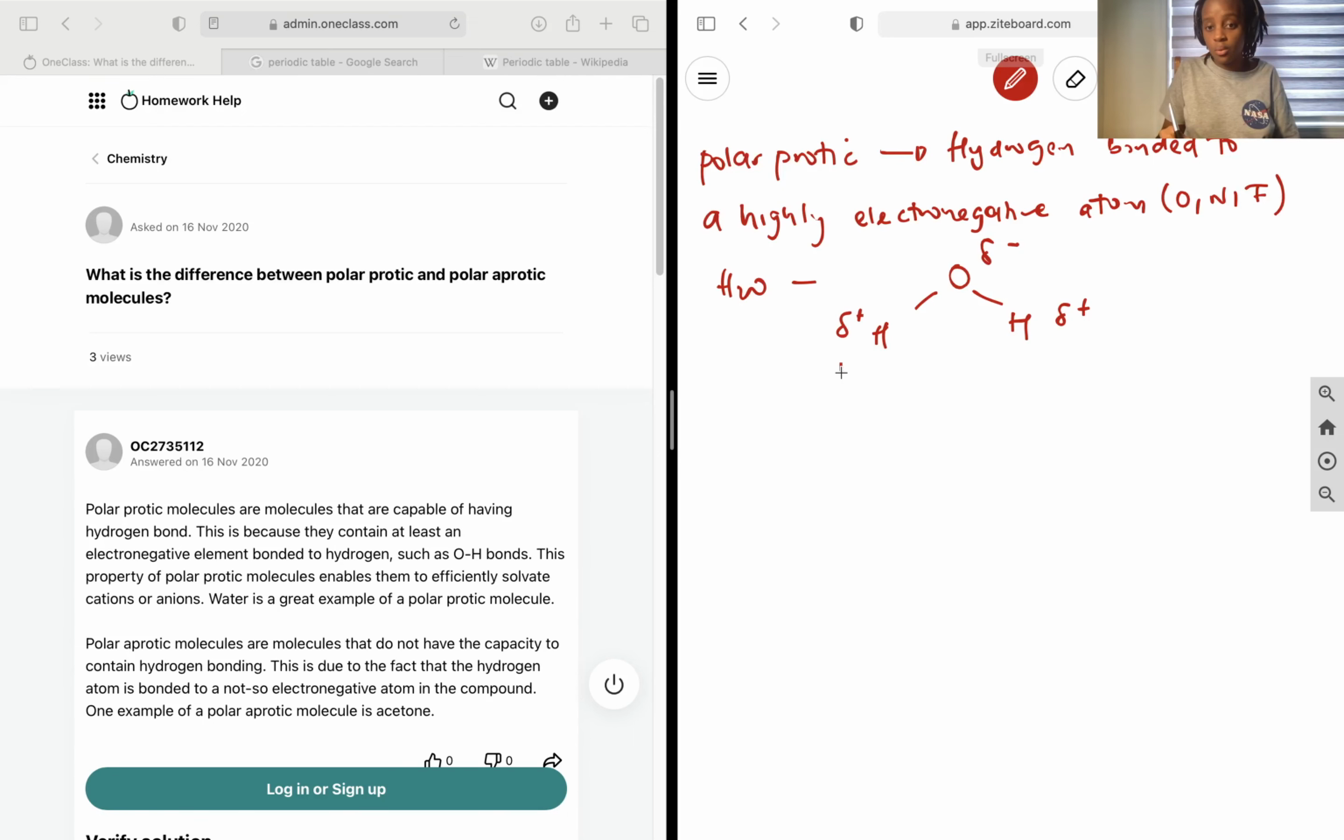And this is actually the reason why water is such a good solvent and is so good at dissolving other things. And it's because of the fact that, let's say we have a positive ion and a negative ion together, like lithium bromide. What happens when you put it in water